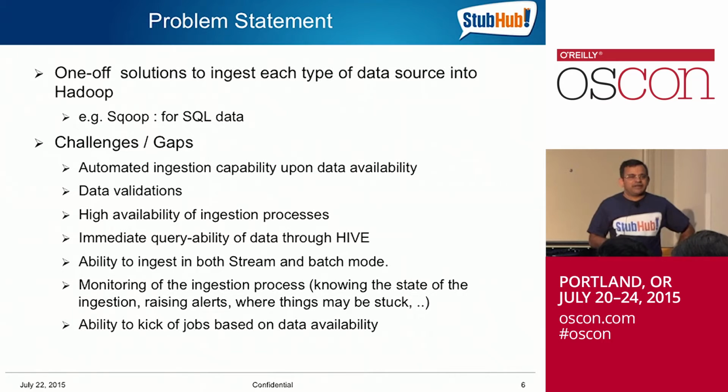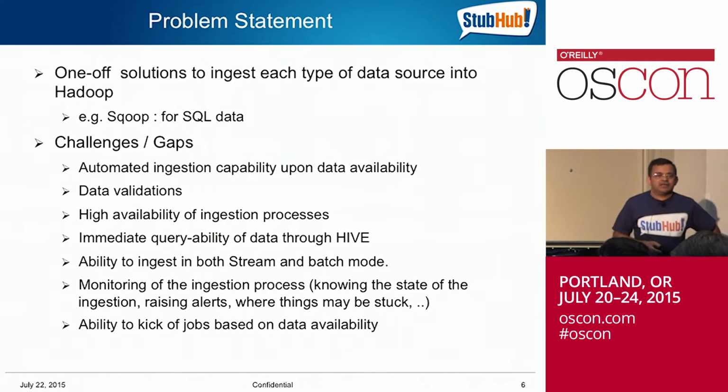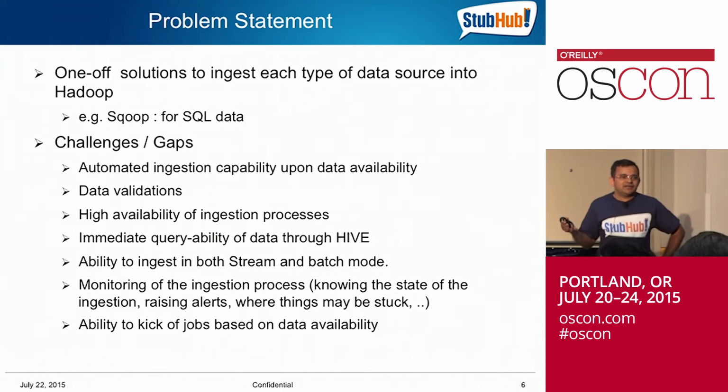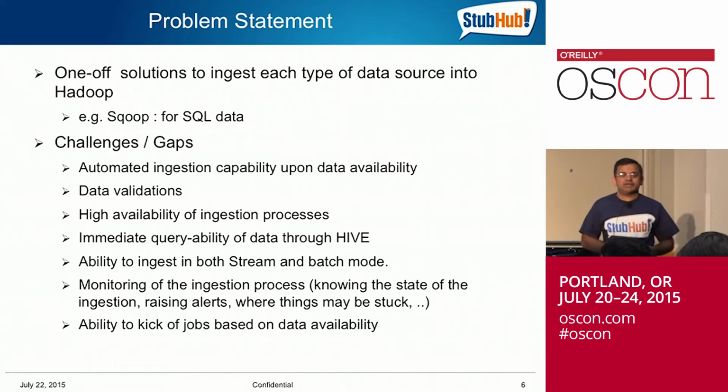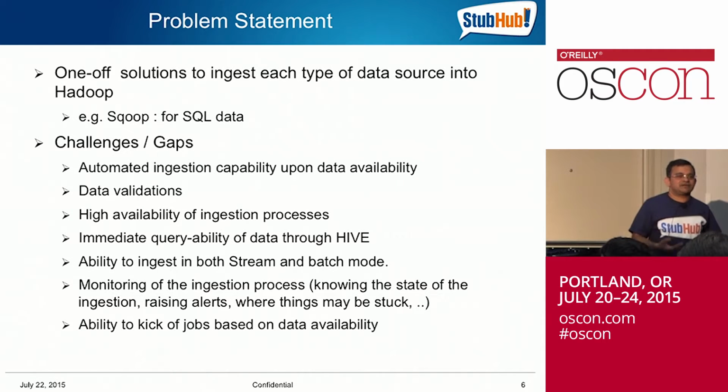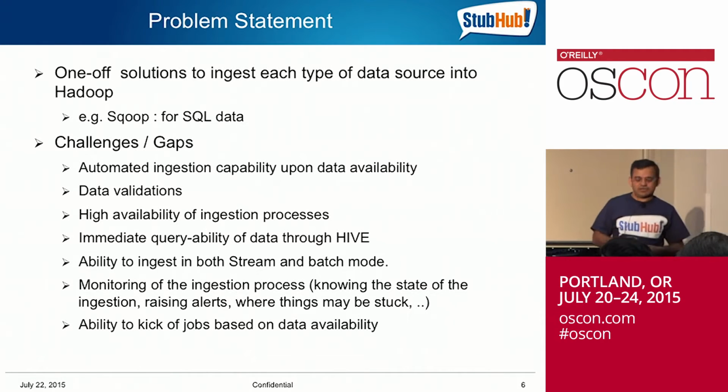And high availability. Stuff happens all the time, things can go down, processes can die. How can you build in high availability where, if my ingestion process is down, some other process automatically picks it up, or it generates alerts to people? This is where monitoring comes into the picture. So somebody takes a look at it instantaneously and then fixes what was wrong out there. And this is the monitoring piece that I talked about.